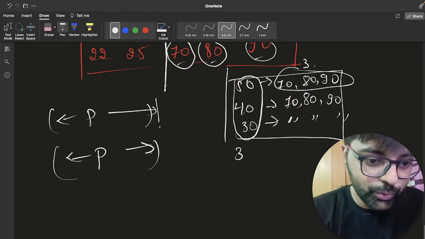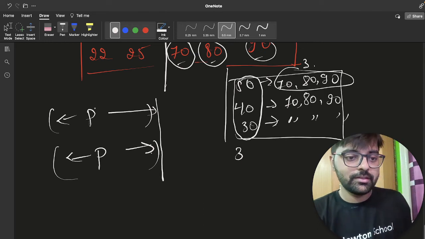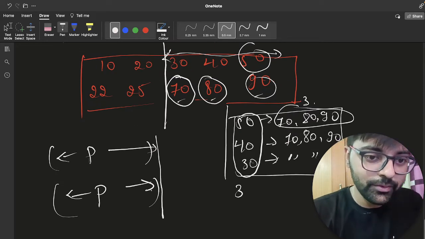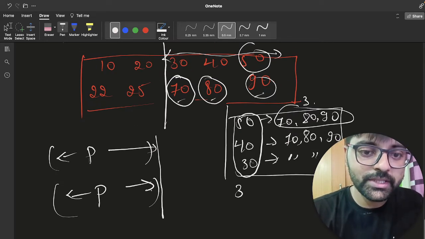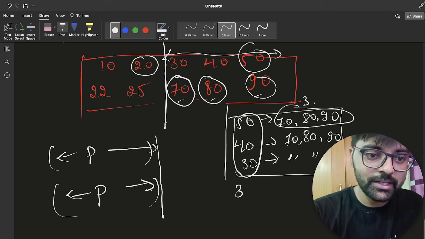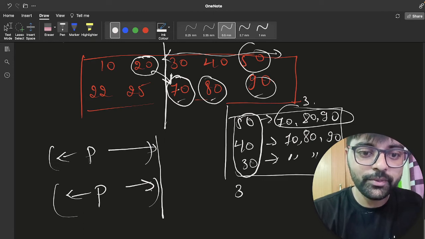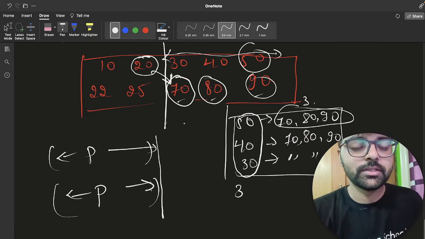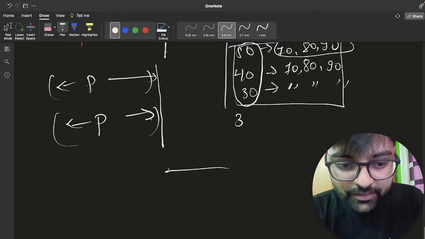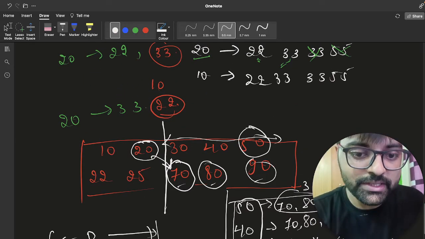So if we get 2P width, then 30 will take any of these three, 40 will take any of these three, 50 will take any of these three, but let's consider this 20. So can 20 take any of these three? No, because 30, 40, 50 will take these three, right? So we started traversing on this side. So let's say we found that we started with 50.